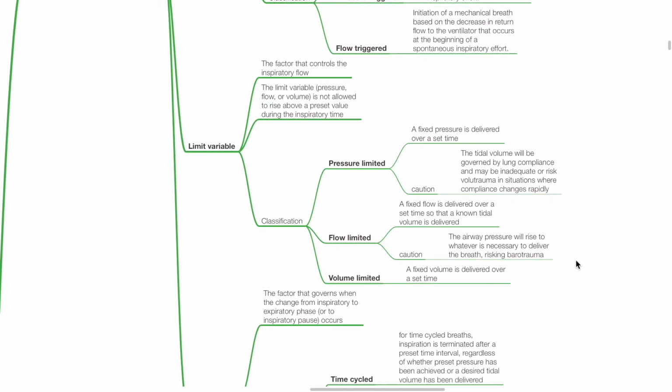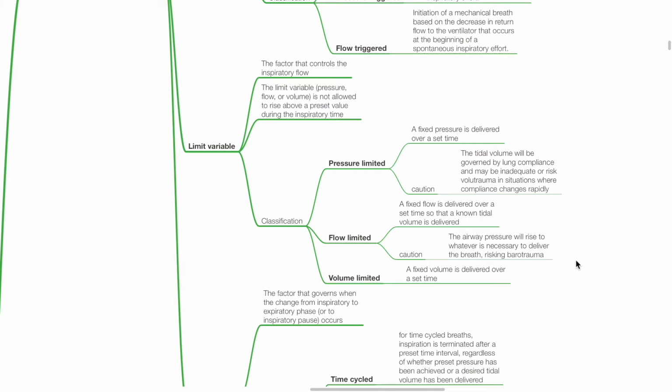Limit variable is the factor that controls the inspiratory flow. The limit variable, pressure, flow, or volume, is not allowed to rise above a preset value during the inspiratory time. It may be pressure, flow, or volume limited. For pressure limited breaths, a fixed pressure is delivered over a set time. Caution: the tidal volume will be governed by the lung compliance and may be inadequate or risk volutrauma in situations